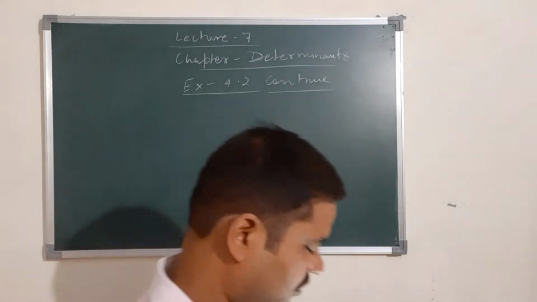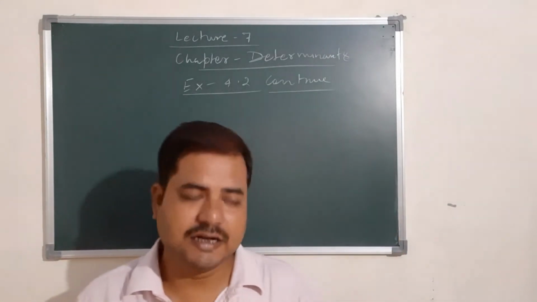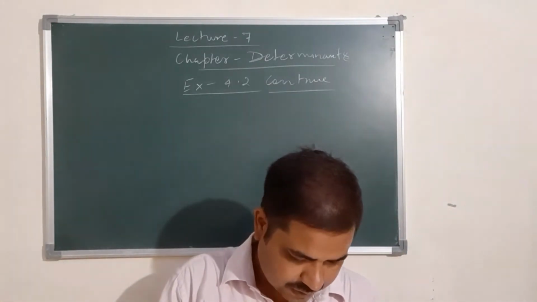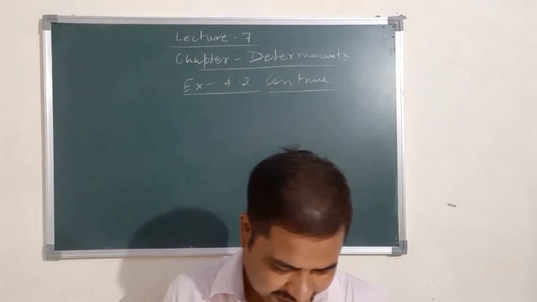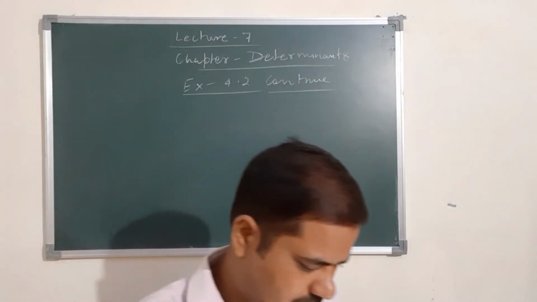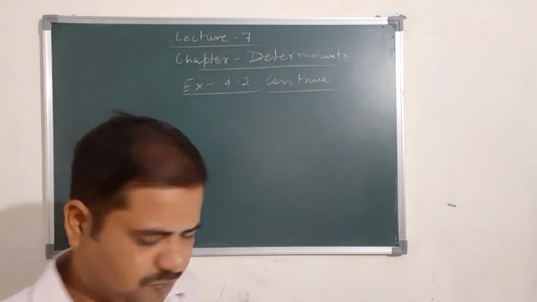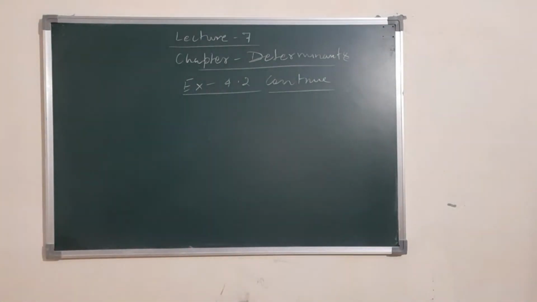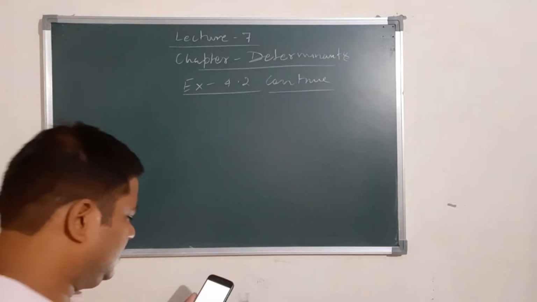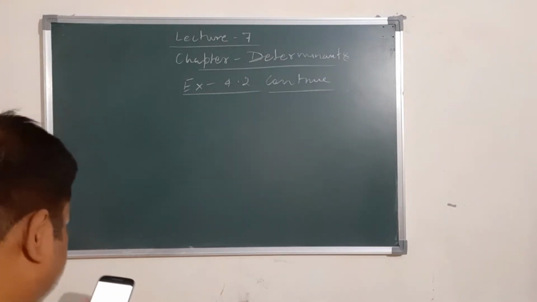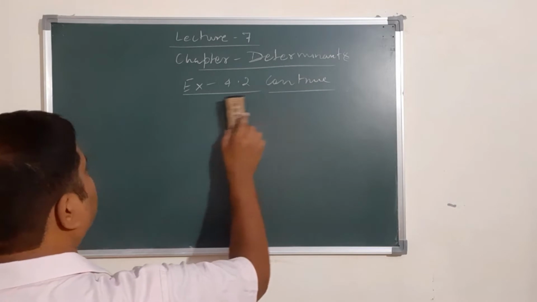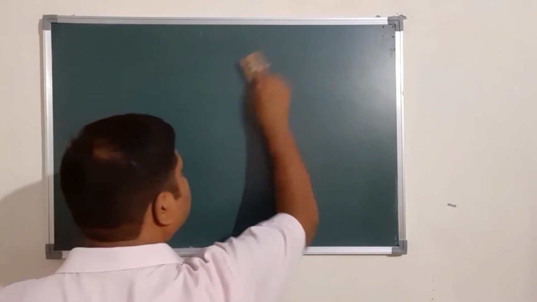Up to 7 questions we had already discussed. Afterwards, question number 8. Now we are going to discuss question number 8, first part. By using properties of determinants in exercises 8 to 14, prove that